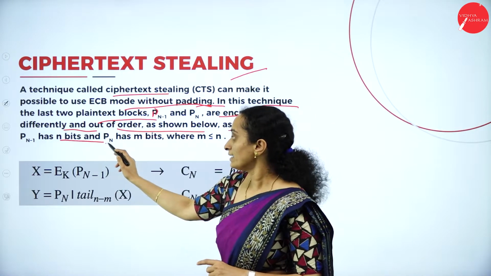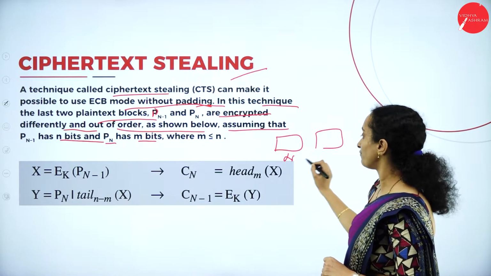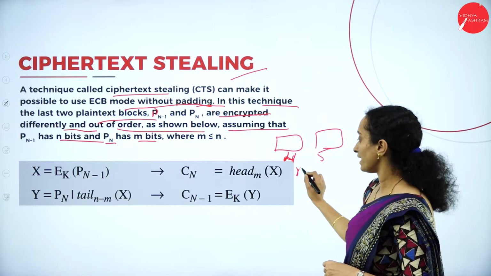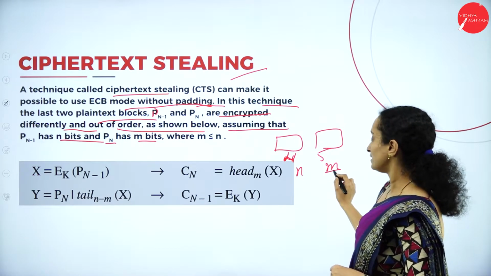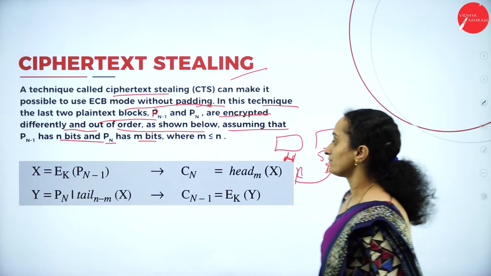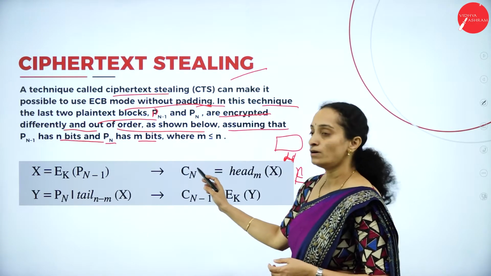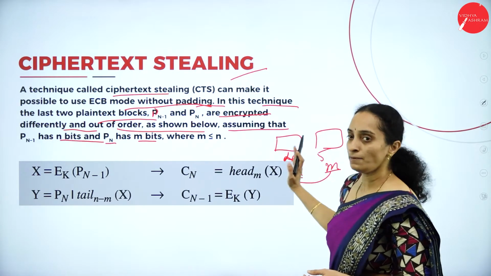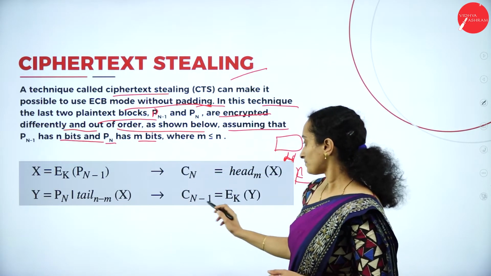We use a different method to encrypt that, as shown below, assuming that p of n minus 1 has n number of bits and p of n has m bits. That is, if we have 5 blocks, the first, 4th and the 5th blocks will be encrypted differently, considering p of n minus 1 has n number of bits and p of n has m number of bits, where the number of bits in the last block will always be less than the previous block. So like this we can use x equals encryption key applied to p of n minus 1, which gives rise to ciphertext of n, that is the last block, with head m, that is the leftmost bits of the last block